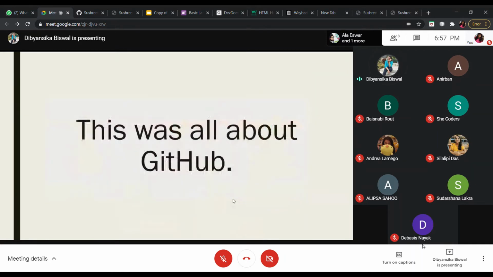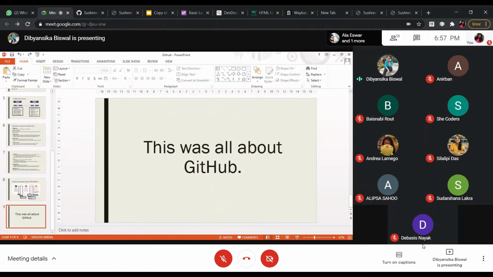So this was all about GitHub. So let us move to our practical part. As everyone has seen Sushi's GitHub,